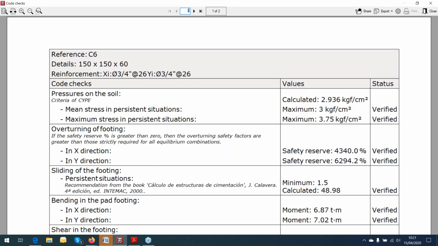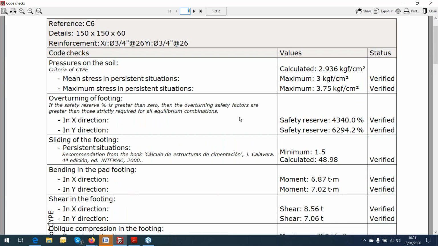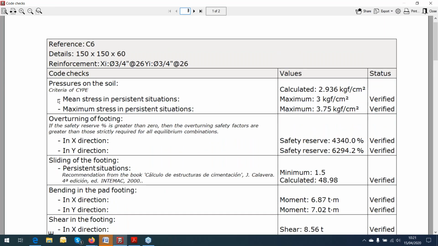I'm going to show you the report that everything is okay. Okay. One thing that I want to tell you is that every time you see a criteria type,